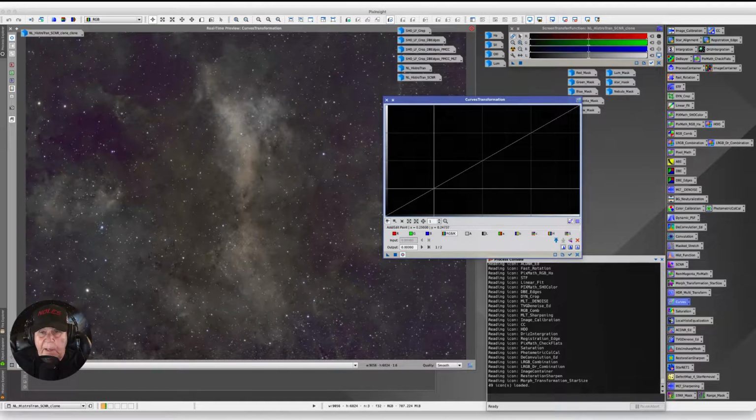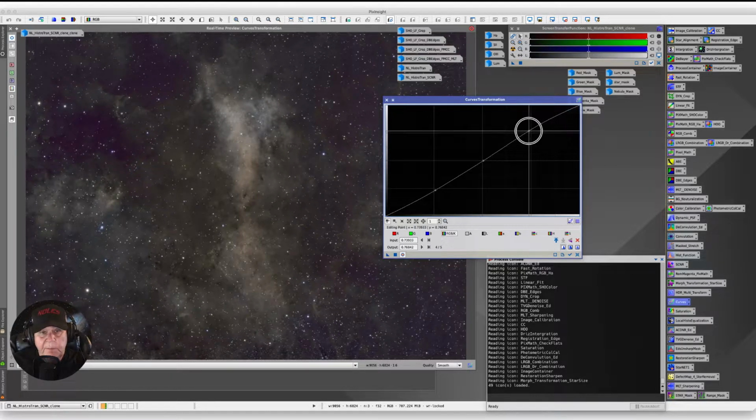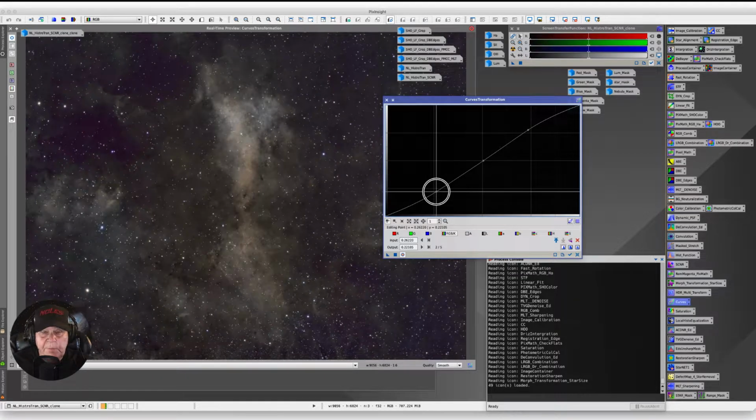I'm going to add an anchor point there, an anchor point there, and an anchor point there. I'm going to drag this one down just a tad, and I'm going to bring this one up about the same amount, and maybe down just a tad more, and I'm going to apply this,